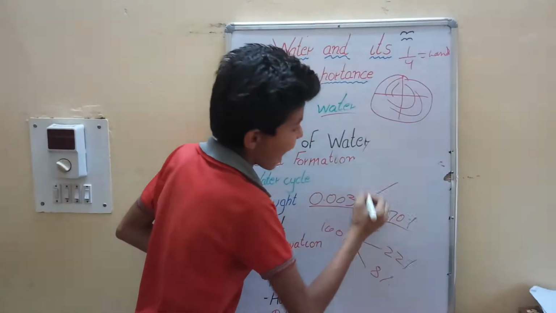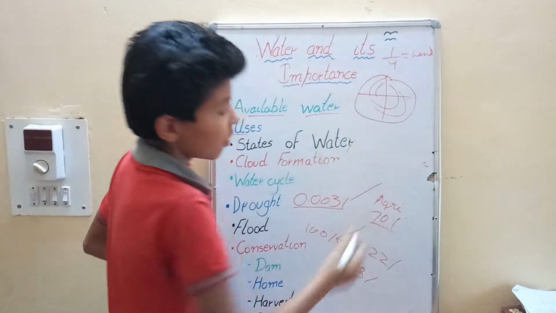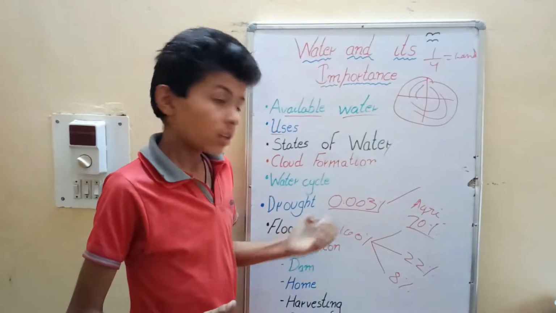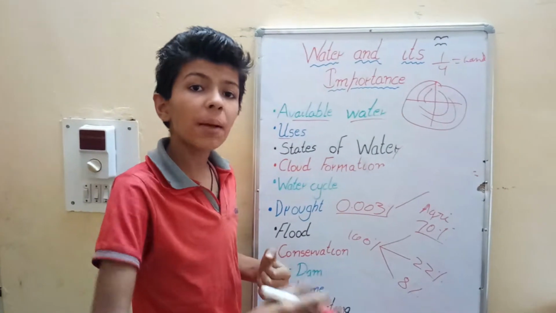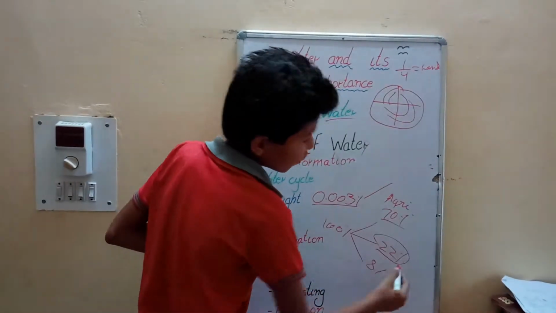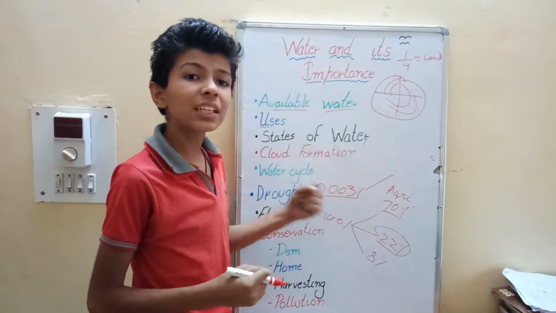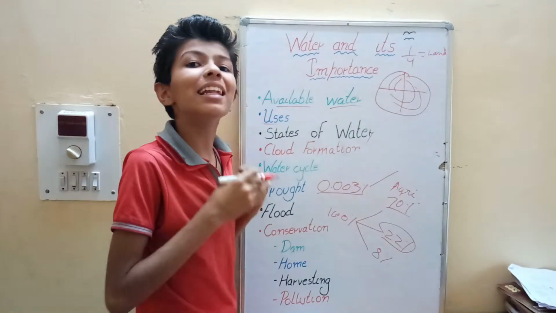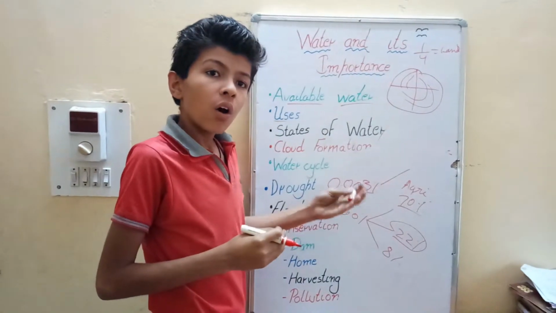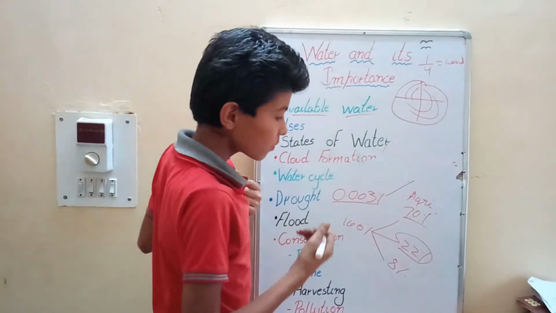In agriculture, we use water for watering plants. The artificial method of watering the plants is called irrigation. In industry, we use the water for generating electricity, or mixing the toxic waste and releasing it in the oceans, which is harmful for the organisms living beneath the water, and for us also.